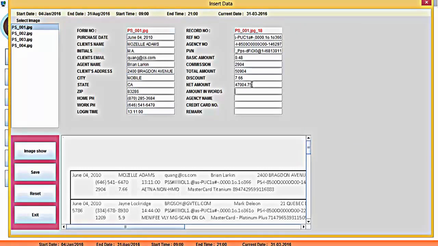Then amount in words. You have to write the amount in dollars and cents. Then agency name.